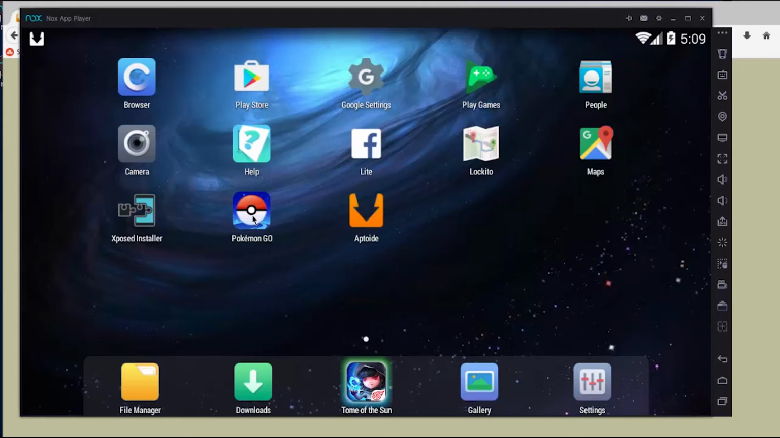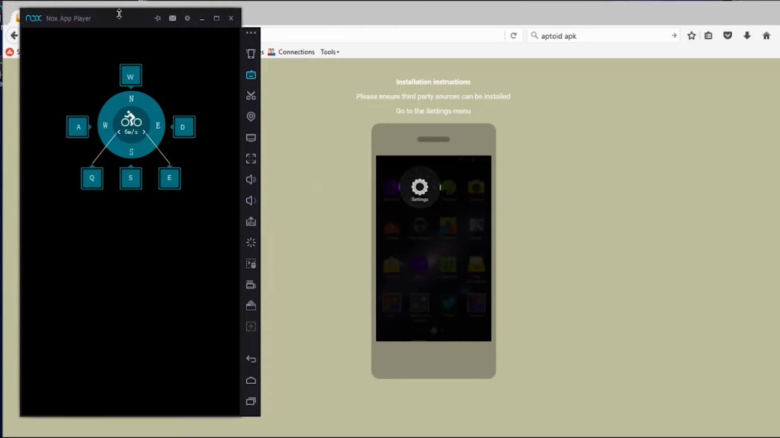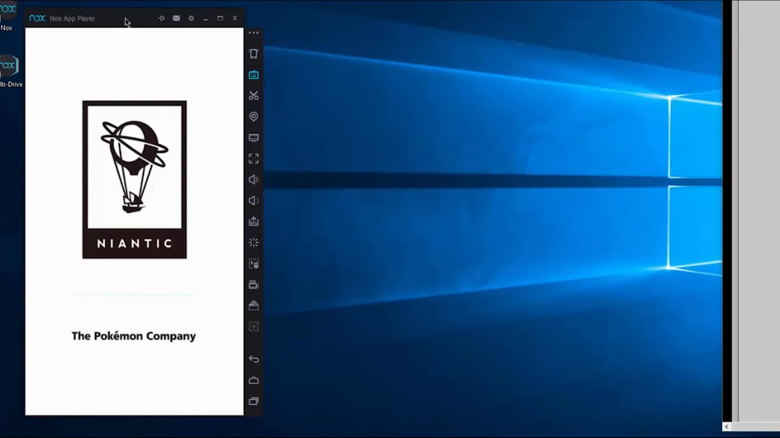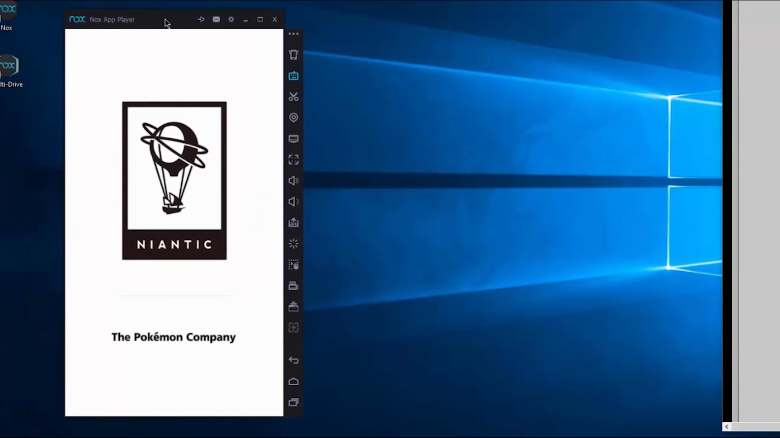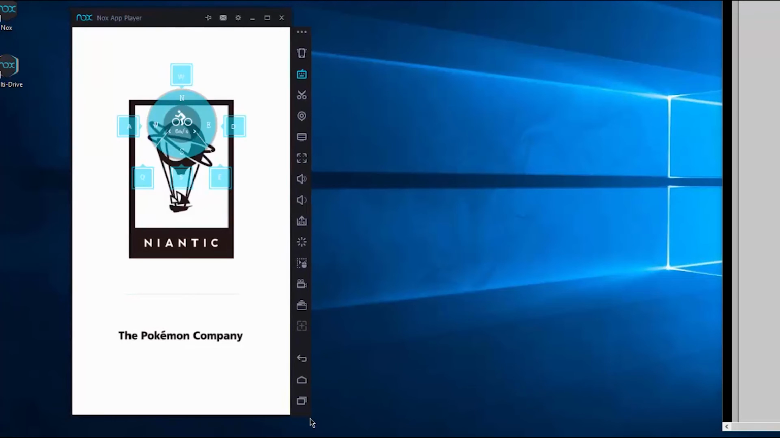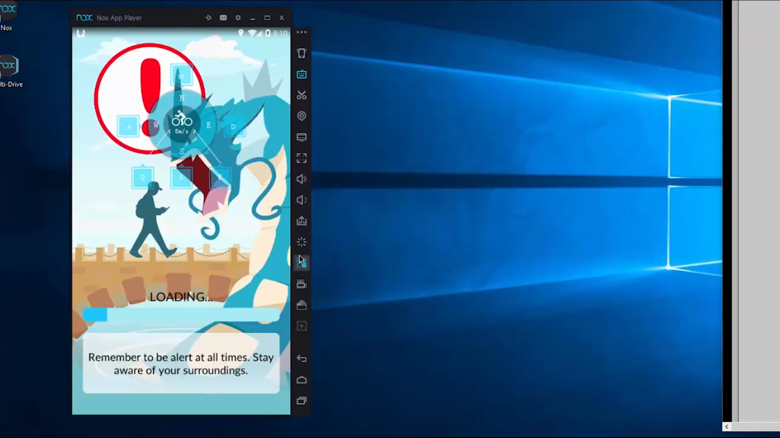Now we can finally launch Pokemon Go. So click on the icon here, and what it does, it launches into a nice little separate window. You can also resize it as well. You can do quite a lot of things. So this is why I probably prefer this over BlueStacks. It's nice and simple. Setup takes about 5 minutes, if that. Okay,